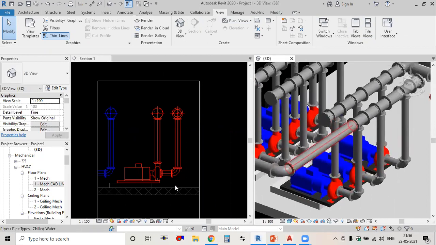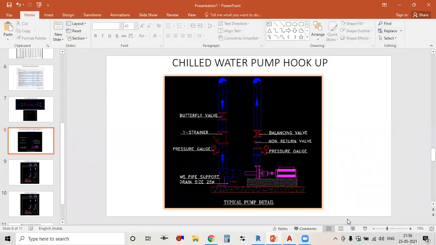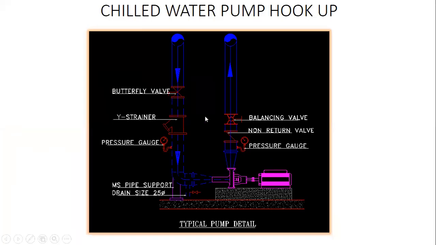Before placing that, we must know what the requirements of the valves and accessories are for the chill water pumps. So I'll open that. Here you can see a chill water pump hookup. This side is the suction side in which the water is going inside the pump, and this is your discharge side.